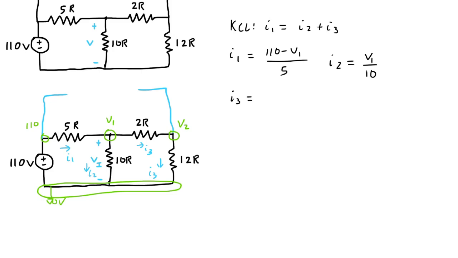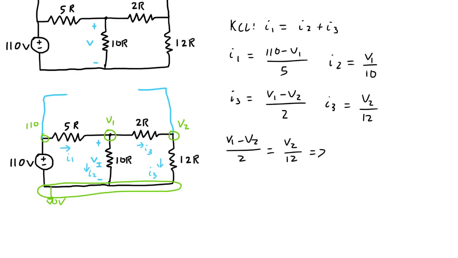I3 is (V1 minus V2) over 2. And it also is V2 over 12. So I'm going to set the two I3 expressions equal to each other and solve for V2 in terms of V1. So (V1 minus V2) over 2 equals V2 over 12,